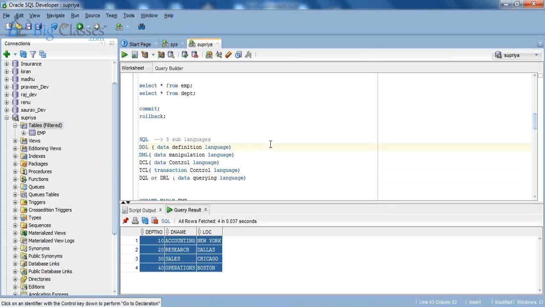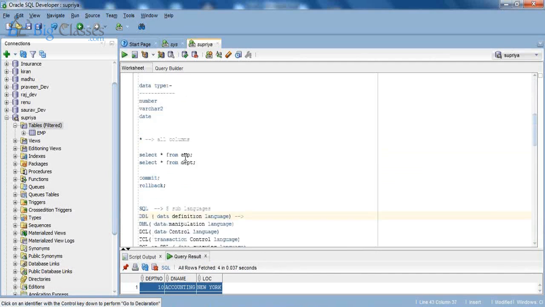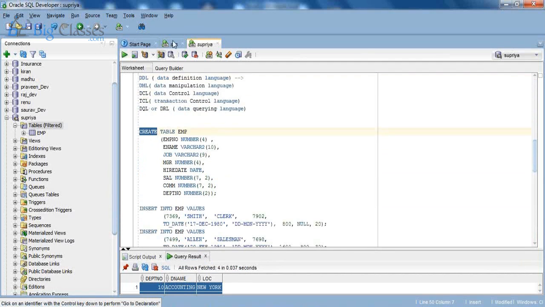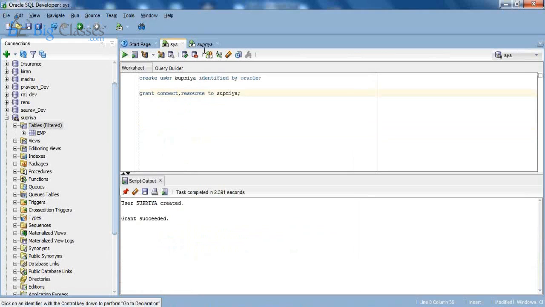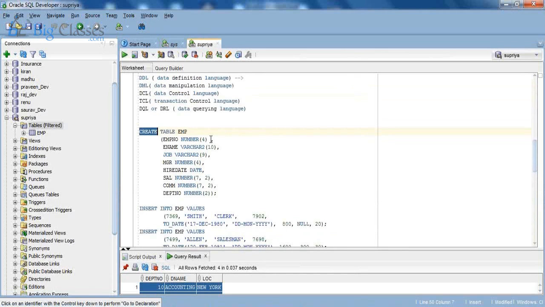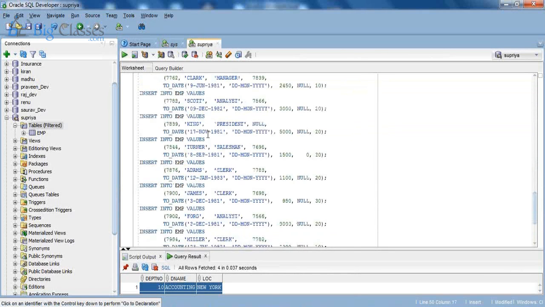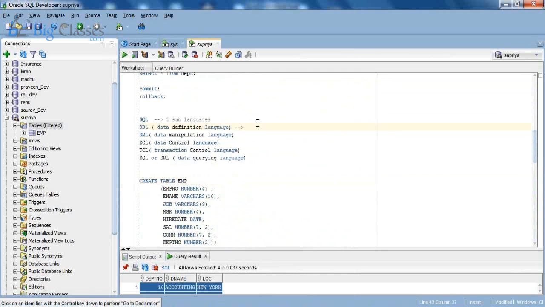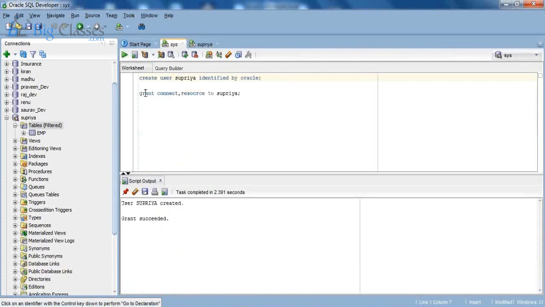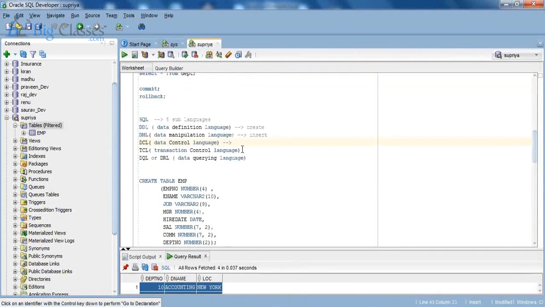Data definition language means we just created a table, right? We used a statement called create, and we used a create statement here to create a user. So this create command comes under data definition language. And we have a few more commands there. DML means we just saw an insert statement, right? So insert comes under here. Data control language means we used a statement called grant, right? So this grant statement comes under